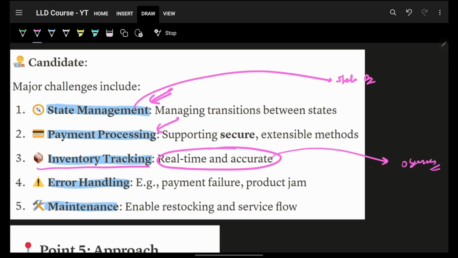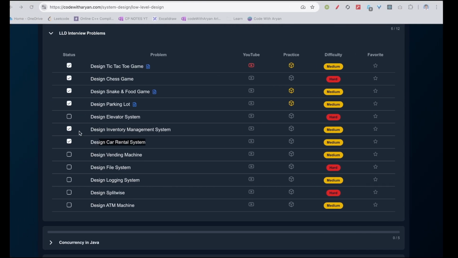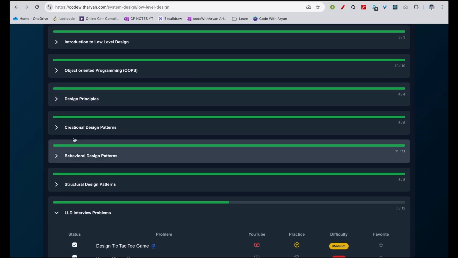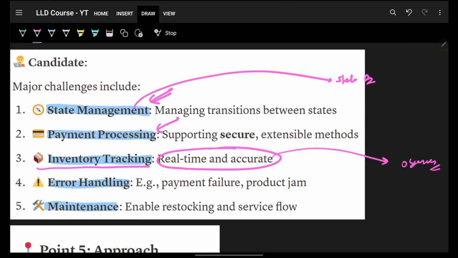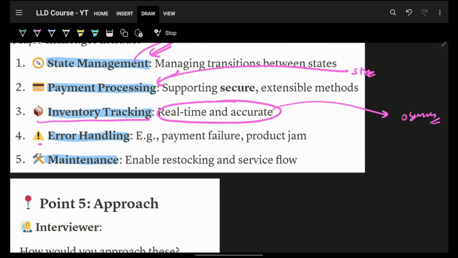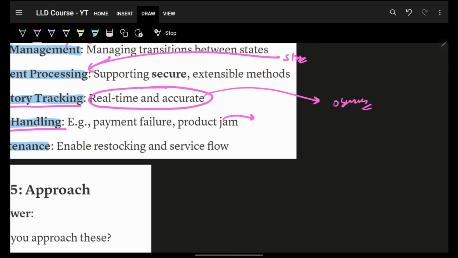Again, if you don't know about any of these design patterns, I'll highly recommend you go and watch the course in sequence. You will get everything down. Coming back, payment processing can be done by the strategy design pattern. Handling errors: although in production code we always do error handling,